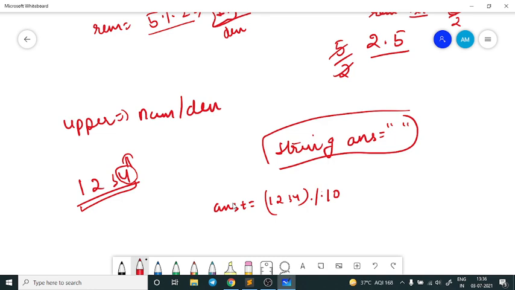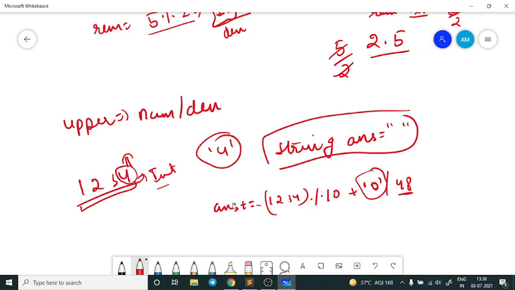Now since it is in the integer form, the number that I will fetch, that is 4, will be in the integer form. Now to store it in the form of a string, I will just add the ASCII character of it, or a simple 0 character, right? Or I can also add 48, because 48 is the ASCII value of the digit 0, right? So in this manner, this 4 will be converted into a character form, and then I can normally add it into a string.